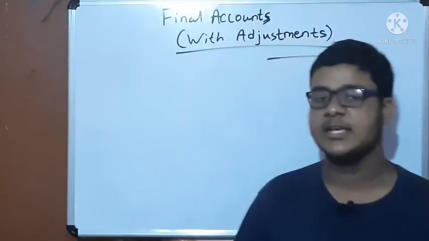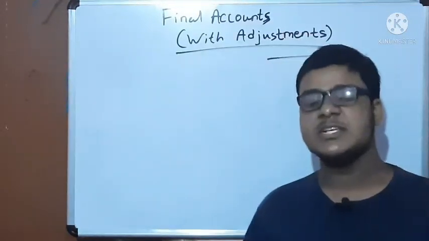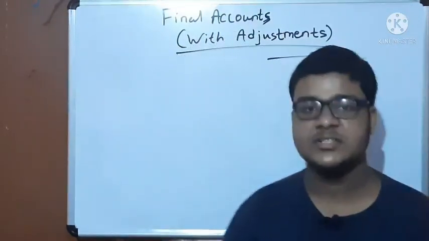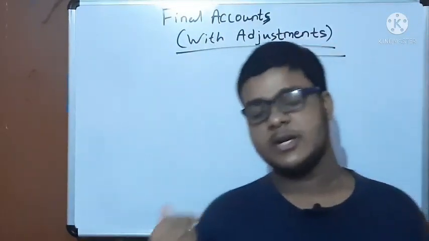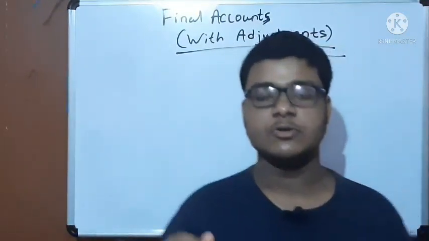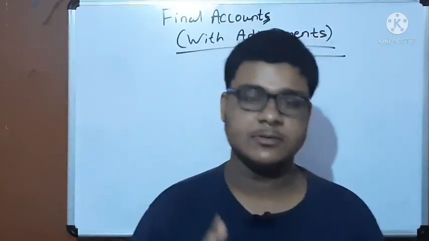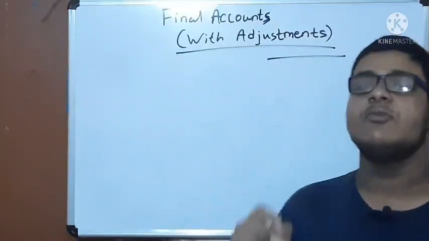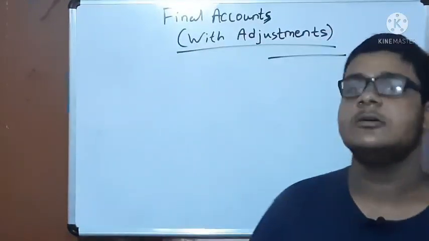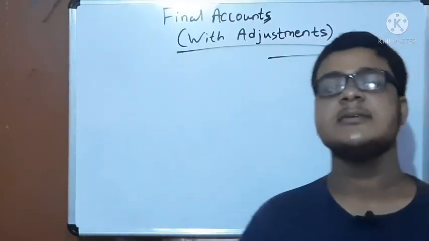So we have read all these things. These adjustments have to be placed in the trading account, profit and loss account, and balance sheet. We have to understand this adjustment, which is very necessary to make an illustration, to do an exercise or to solve a question from your books. So we have got the conceptual clarity about what is final account with adjustment. Now let us move to learn some adjustments. In this video I will discuss two adjustments.